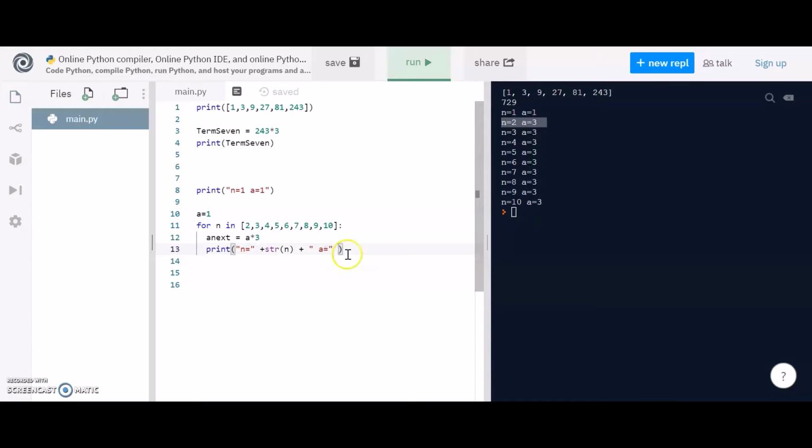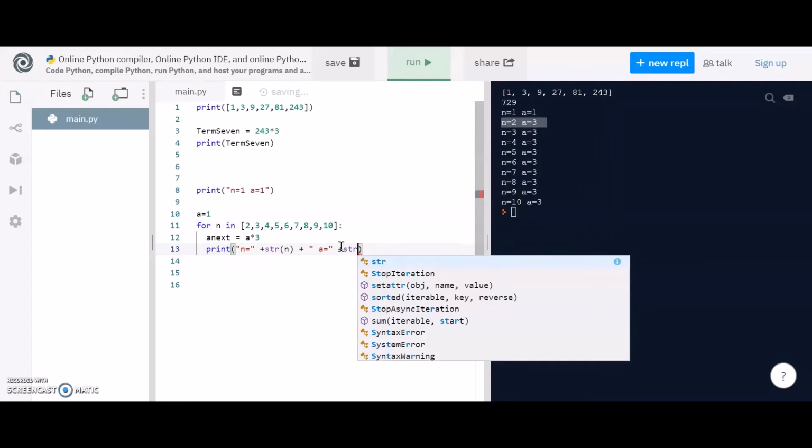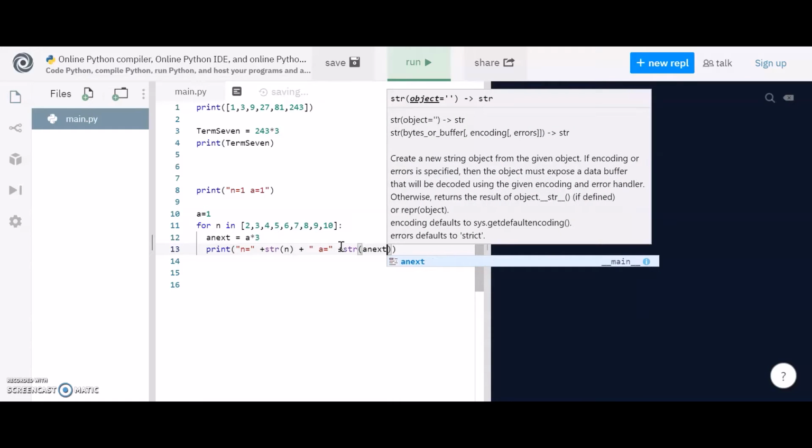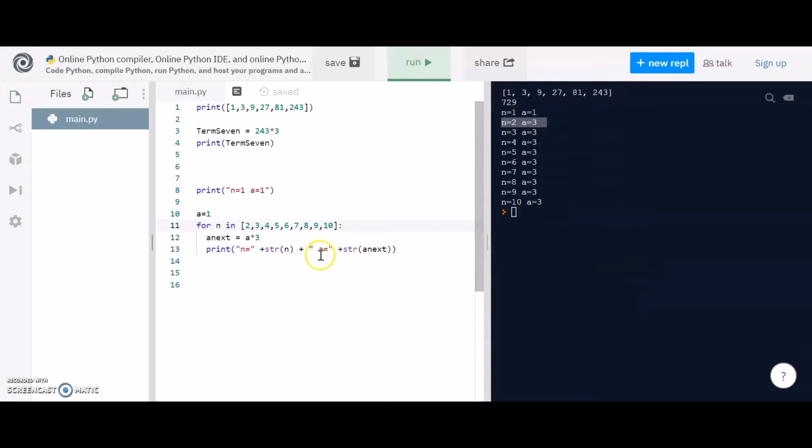And then I want to print the string value of what a next is, what the next term is. So plus the string of a next. So in other words, I want it to print a equals and then tell me what a should actually be equal to. And that's equivalent to the next term. What should the next term be equal to? So if I run this,